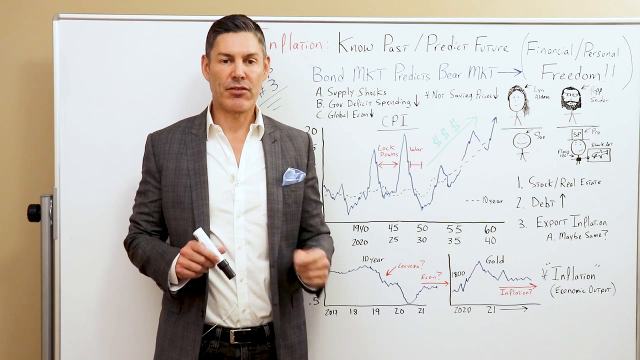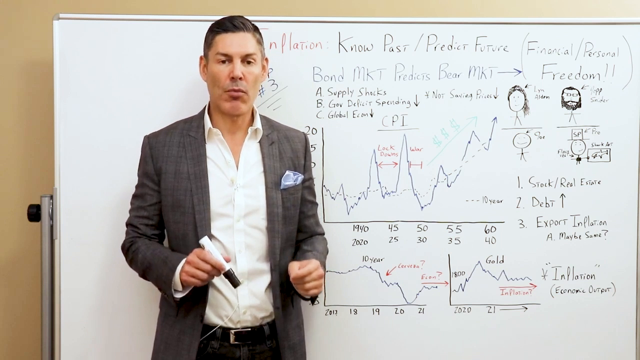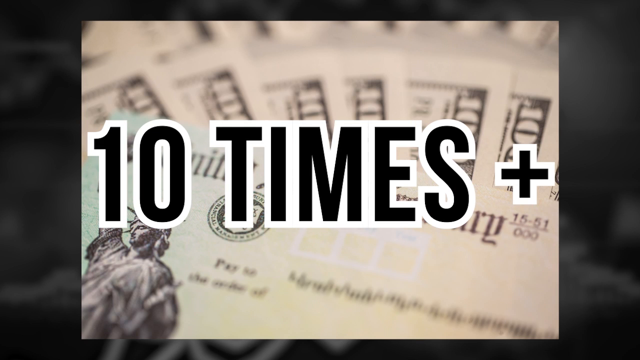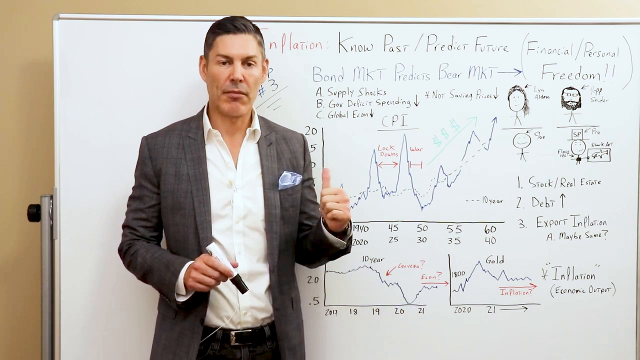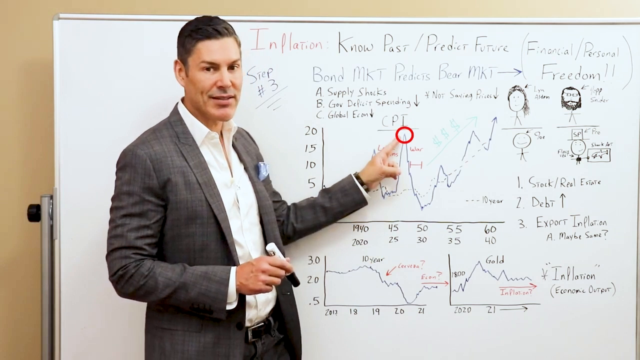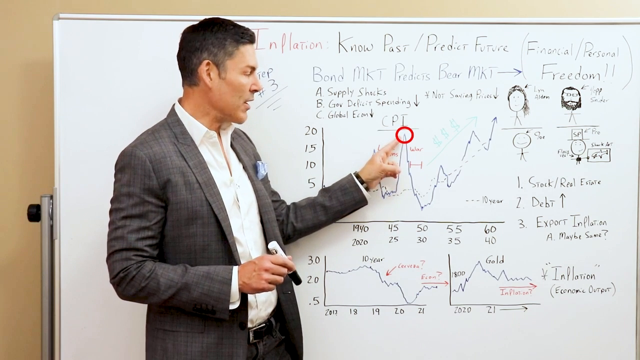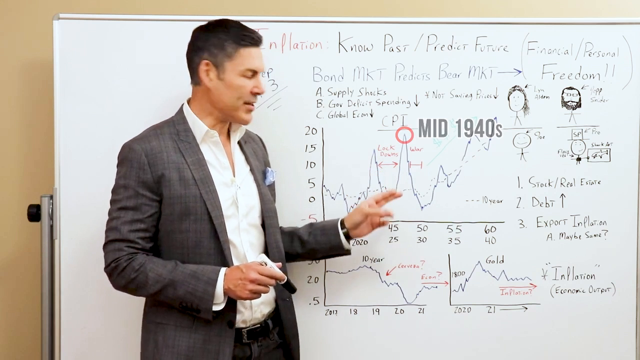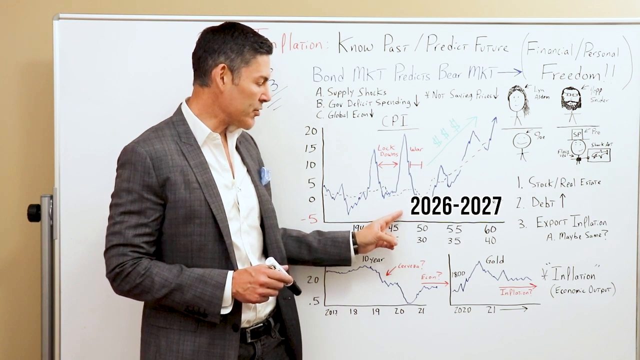So what's the government's response going to be? Probably more and more deficit spending and stimmy checks. Probably 10 times, who knows, greater than what we saw before. So that results in another huge price spike like we saw in the middle of the 1940s. But let's think about this for a moment. This takes us to 2026,